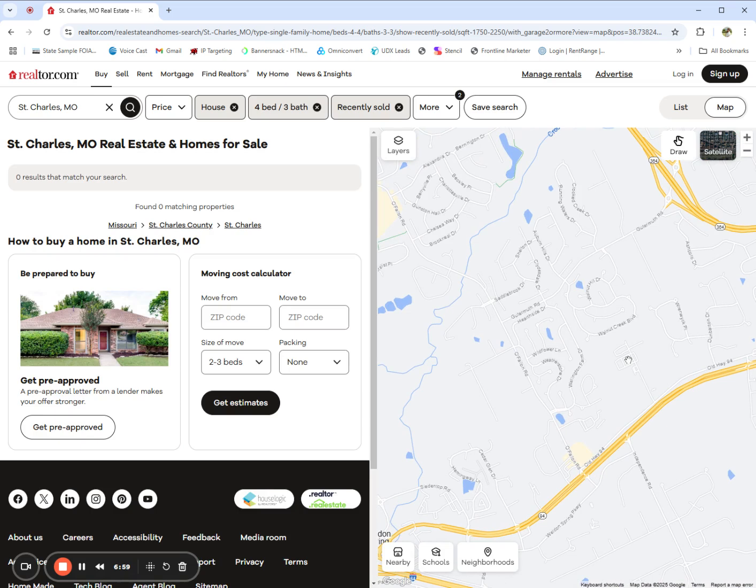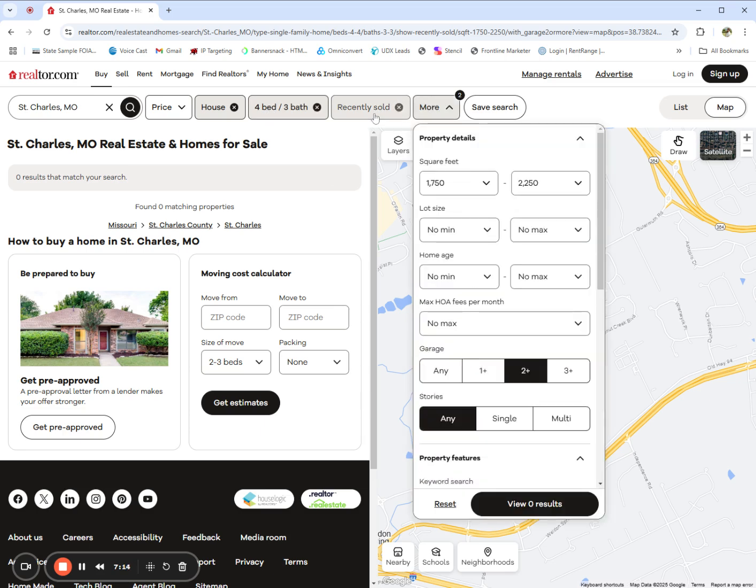Now, this particular property is located in this subdivision, which interestingly, they're saying they don't have any searches that match. So it's possible that things that sold either weren't in that square footage range or weren't in that bed and bath count. So let's go back a little bit